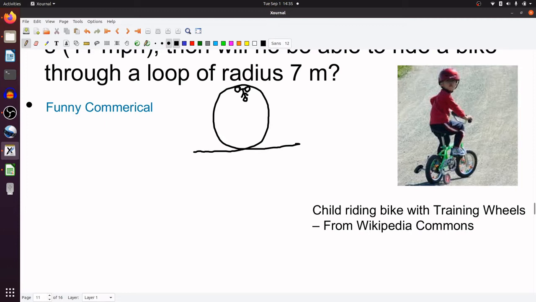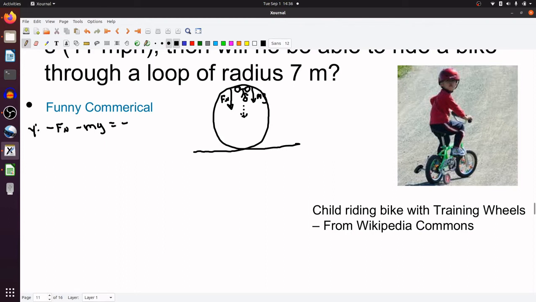Just like any other problem, we've got to diagram it. We know this time the normal force is in a completely opposite direction. It's going to point down. That's because the normal force is the force between the surface and the object, and now the object is below it. And now it's going to actually go in the same direction as the gravitational force, mg. And the net force, since we're at a constant speed, is the centripetal force, Fc. So we have negative Fn, and this is only in the vertical, minus mg